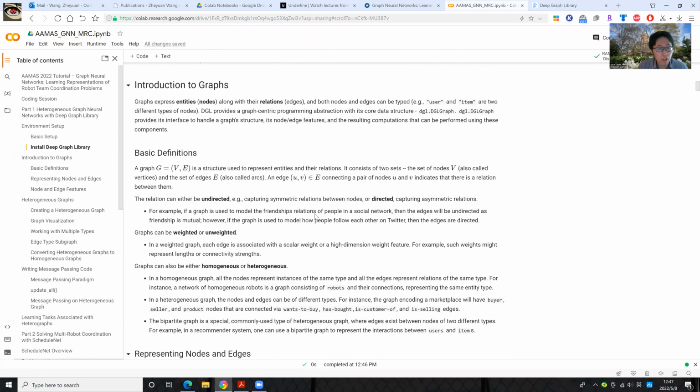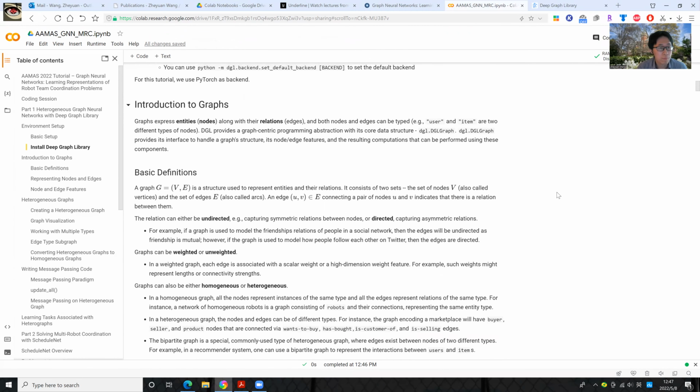Before we go deeper into actual code, let's do a recap of some basic definitions of graphs. Graphs express nodes and edges as entities and relationships, and both can be typed. In e-commerce, we can have user nodes and item nodes, which are two different types of nodes. In DGL specifically, it has a graph-centric programming abstraction with its core data structure, DGLGraph. DGLGraph provides its interface for handling a graph structure, its node and edge features, and how the communication can be